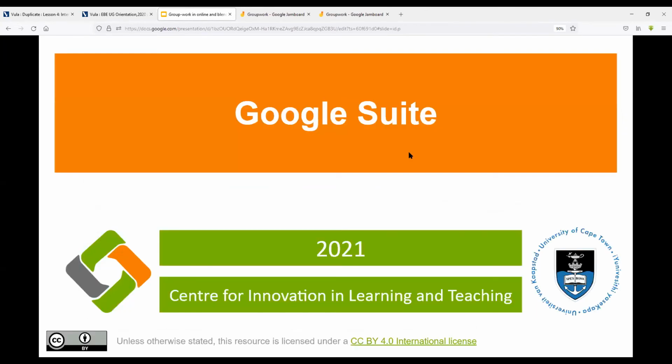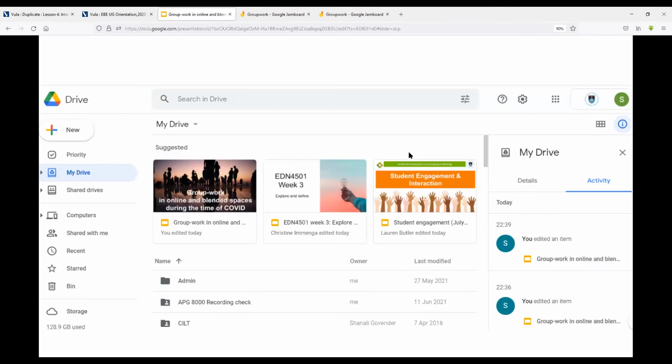Okay. Sorry, I know I'm going through this incredibly quickly, but we are already running out of time. There are a range of tools available in UCT's Google Suite. Google Drive is a fantastic place to store documents and to create different kinds of groups which have controlled access. Just a very useful tool in general for collaboration. I do not know what I'd do without Google Drive myself, and students, of course, have access to it through their MyUCT accounts.